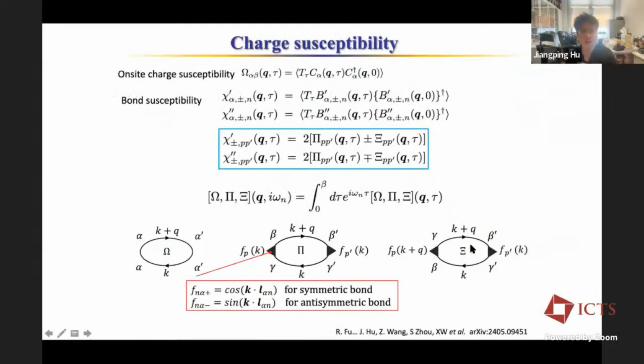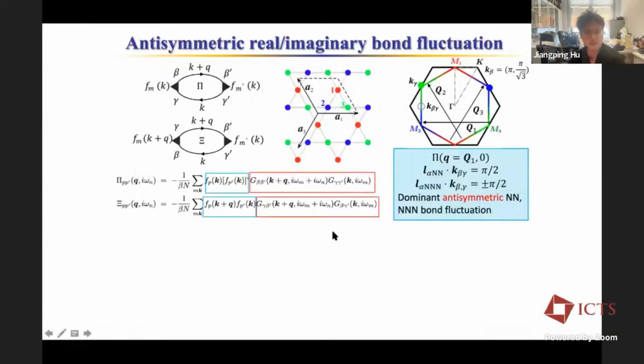based on symmetry, and you can nicely do these susceptibility calculations. One is on-site and one is bond. For the bond, you can distinguish this real channel and imaginary channel. Real channel is pi, and the imaginary part is chi. Okay, so you can do these Hartree-Fock interactions, and so you have this real channel and imaginary channel,